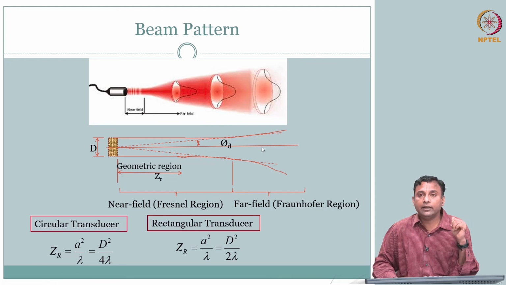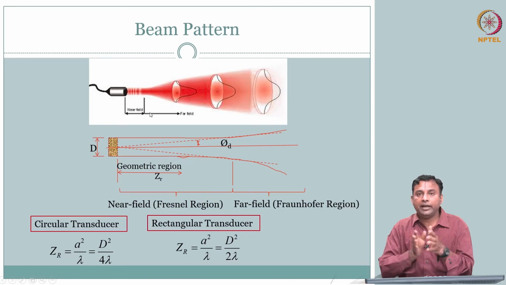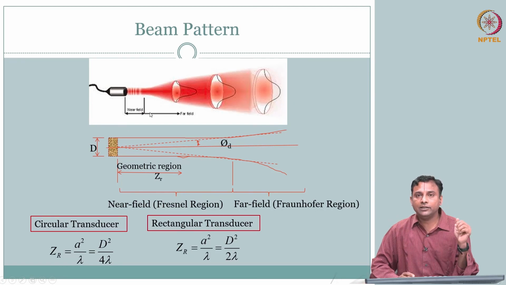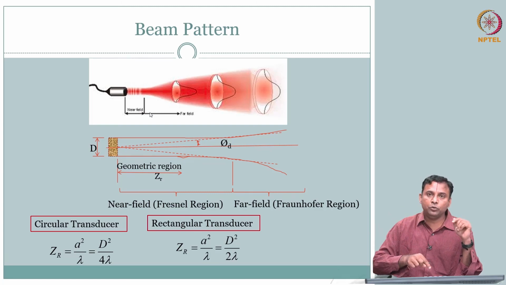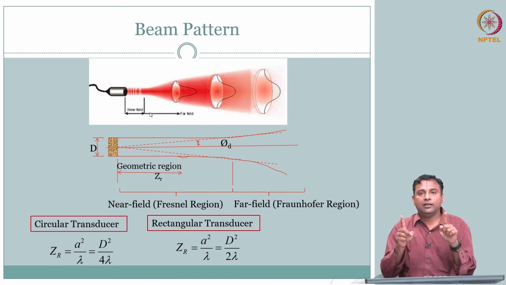So why is it important to understand this beam that is spreading out, or the beam width in the other direction? Because we are interested in imaging, right? We want to do imaging. That means along the depth you will be able to separate two interfaces, as we saw using the axial resolution capability. But then what about two objects that are in the lateral direction, along the width?